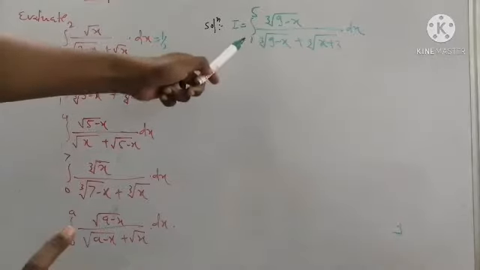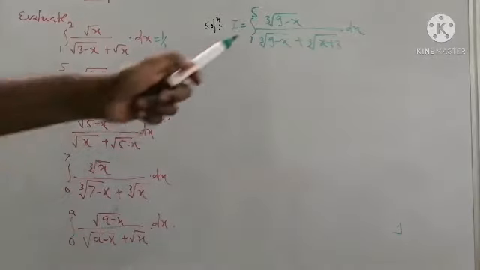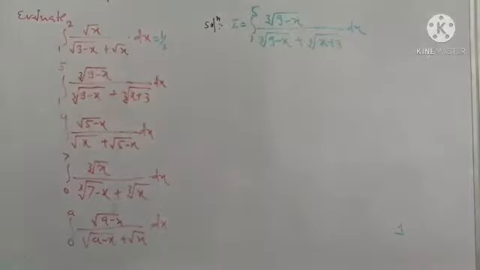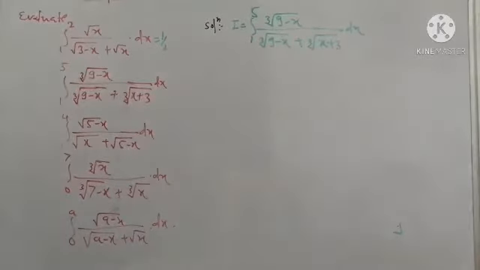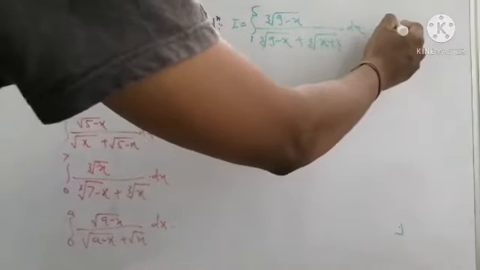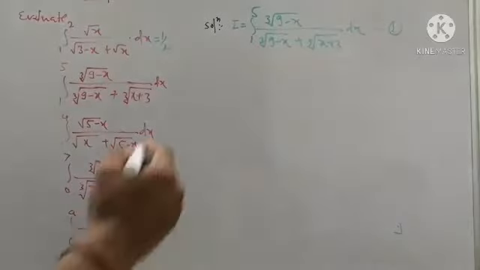Next example is the integration from 1 to 5 of cube root of 9 minus x divided by cube root of 9 minus x plus cube root of x plus 3, into dx. Now you understand the method of how to evaluate this integration. We put this integration as I is equal to, equation number 1, and then by property